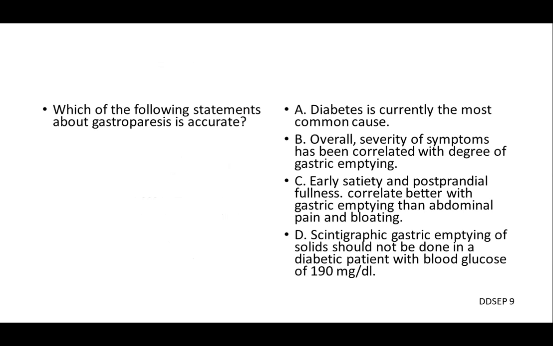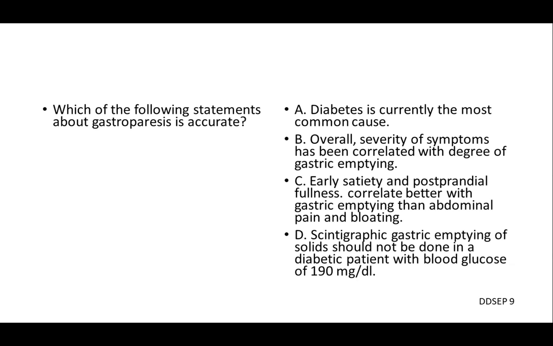So I'll have some random questions that are scattered through here. I think these are probably doable. This is actually taken out of our review for GI specifically. It's called DDCEP. I took out the more complex ones that I don't think would be at your knowledge level. So what's true about gastroparesis? You guys can read these slowly. I'll just read them out loud and just kind of think about it. I'm not going to pick on anyone individually, but whatever you guys think.